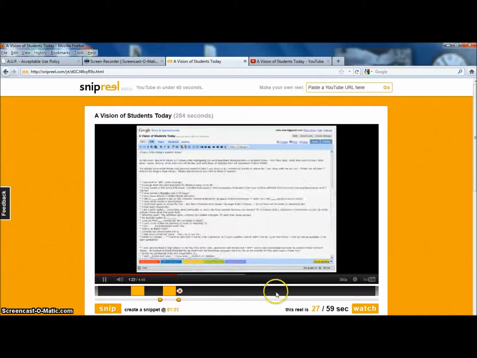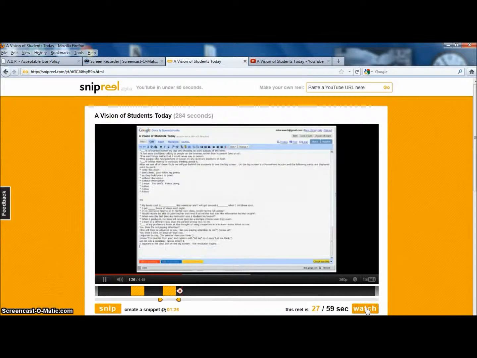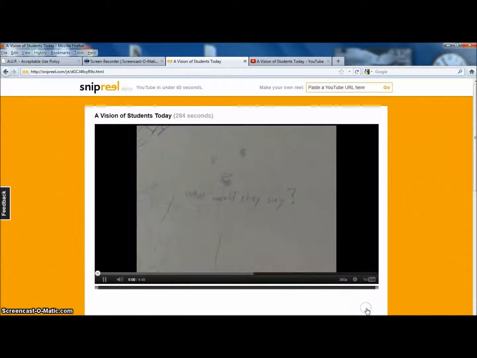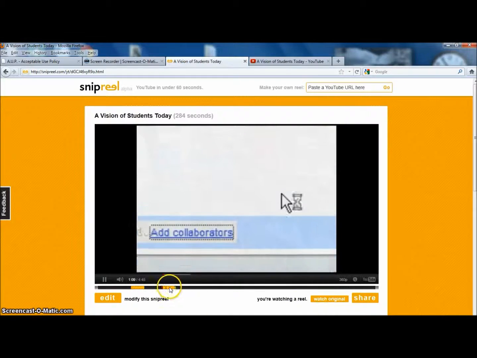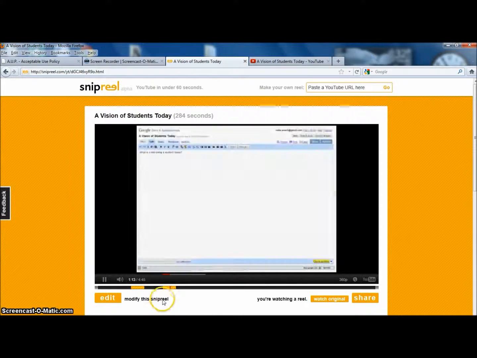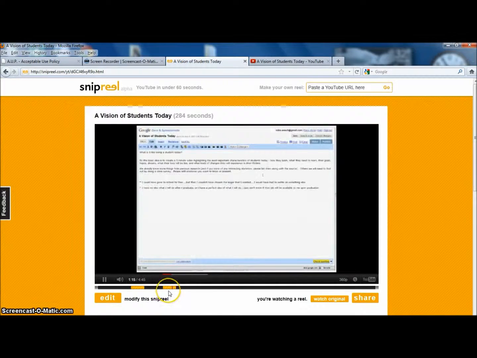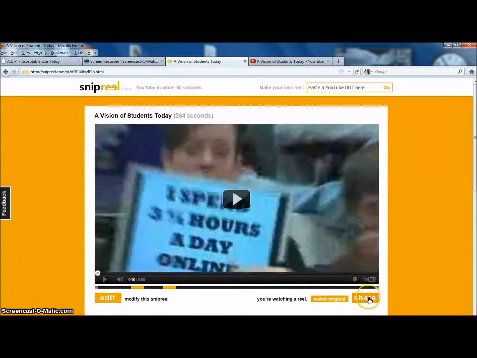So when you've got all the pieces of the video that you want to include, you're ready to click the Watch button. And what that's going to do is it's going to play the pieces that you have snipped. If you're happy with what you see, if you've gotten everything that you want, you can click the Share button. If you miss something or if you don't like where it starts or ends, you can go back and edit it and make changes. But when you're done and you're ready to share it,